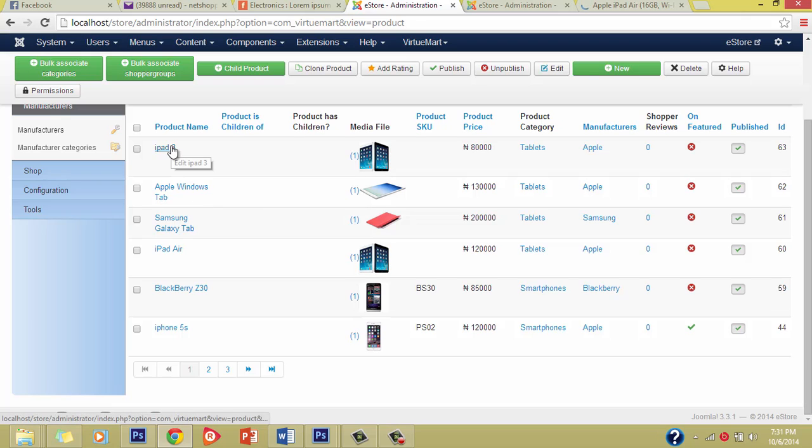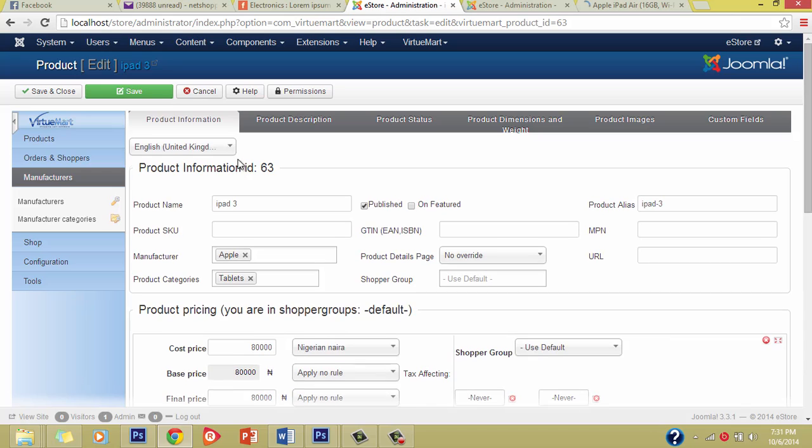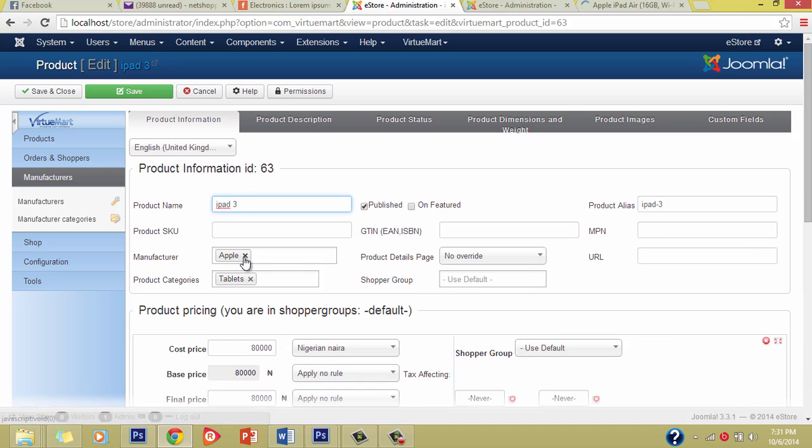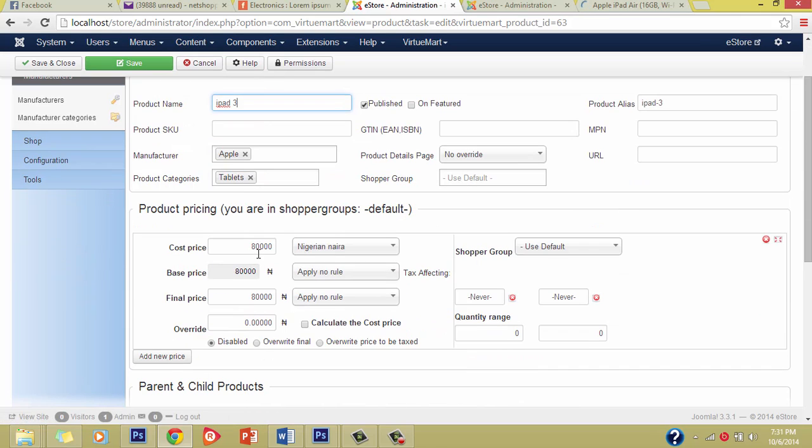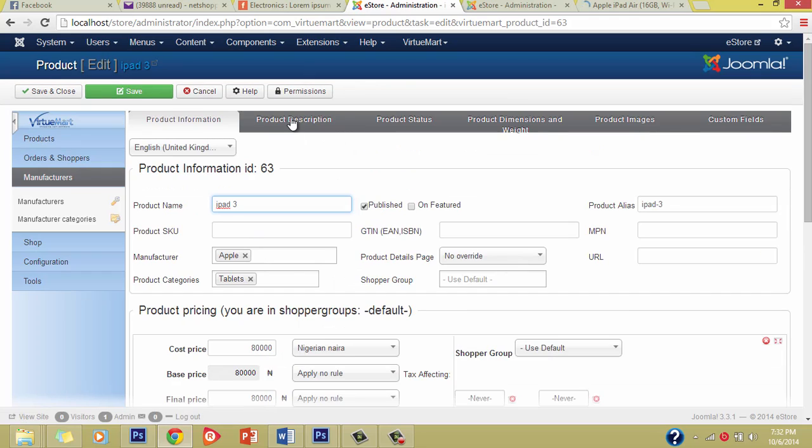So let me just recap this process one last time before we close this section. Like I said, to create a new product, you click on new and then you put the product name, the manufacturer, you select them based on the manufacturer that you've created before, and then your product categories, and then you put the price. And if you want to create a discount, you put an override final. But if you don't want to put a discount, you just disable it and you move to the product description,